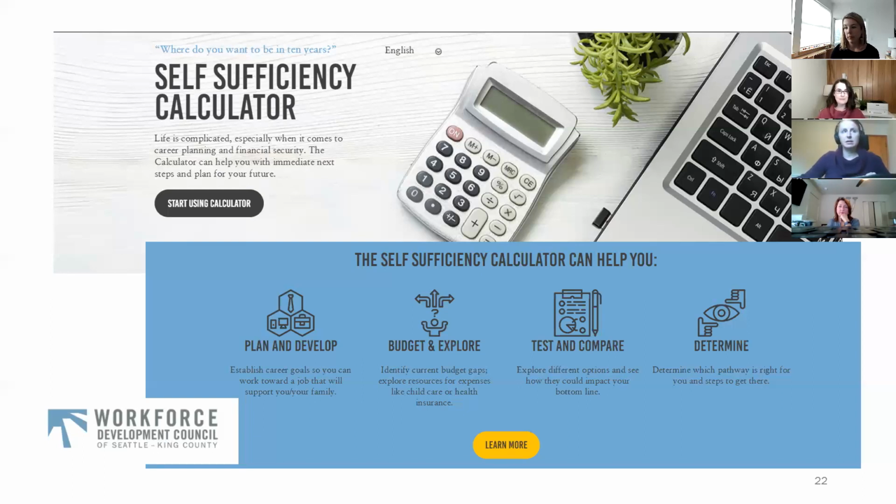And Tim, I'll get into this a little bit more as I go through the self-sufficiency calculator, but in Seattle-King County, for those who are enrolled in the WIOA workforce programs, those individuals are tracked within our database so that we can measure self-sufficiency. Because while we're looking at this picture and different family types, until you know what family types are working in which occupations, there's a little bit less that we're guessing at, right?